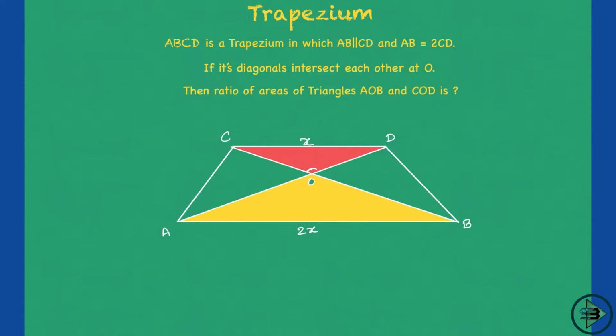Now see, this angle will be equal to this angle. We have studied this in geometry. Why? They are a pair of vertically opposite angles. If you draw an X, this will be equal to this, vertically opposite. Any X, just put an X. This will be equal to this, vertically opposite. So this is an X, correct? This is an X. So this is equal to this, vertically opposite.